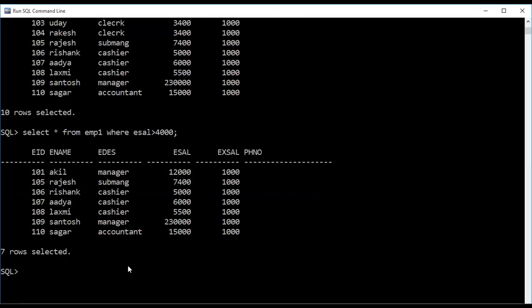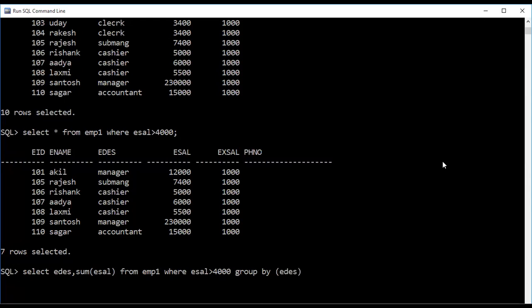Right. Now, on this resulted table, I want to perform group by and having also. So in this result table, what do I want to display? I want to display employee designation, comma, the sum of the E salaries, where employee salary is more than 4,000, group by E designation.